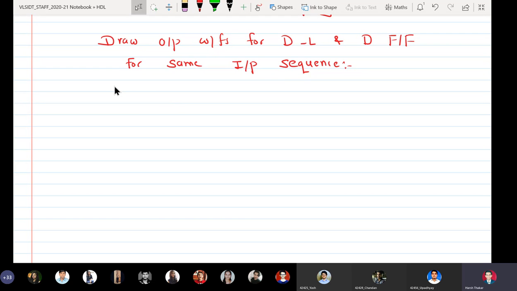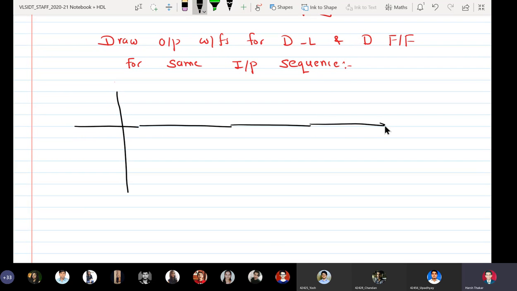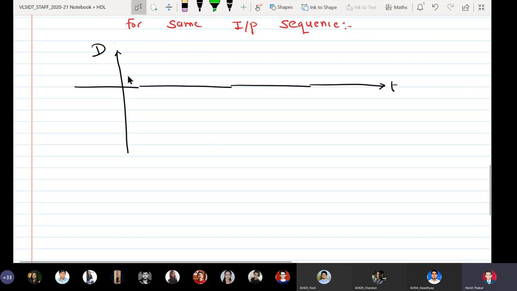So what I will do is that first and foremost I will draw the input sequence and then we will see what is to be done. This is my D input given to both latch and flip-flop. Say for example